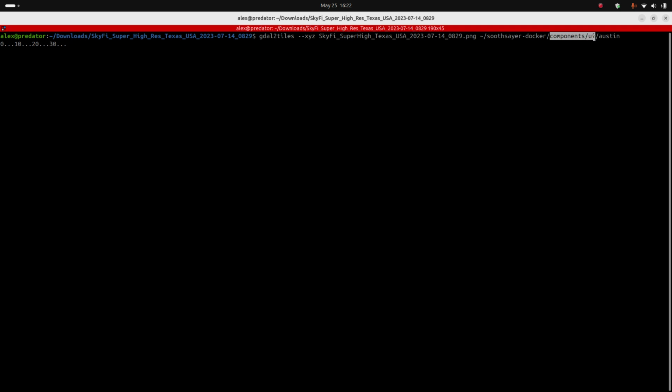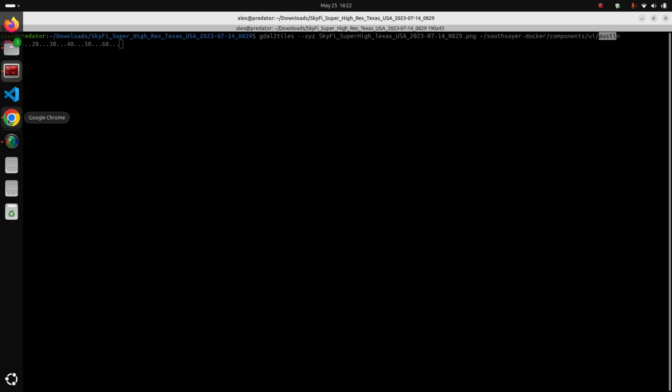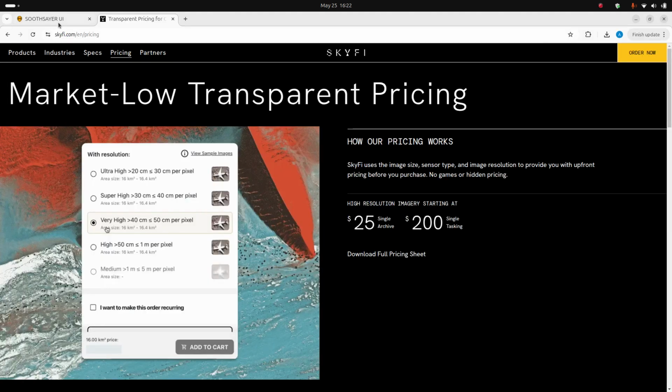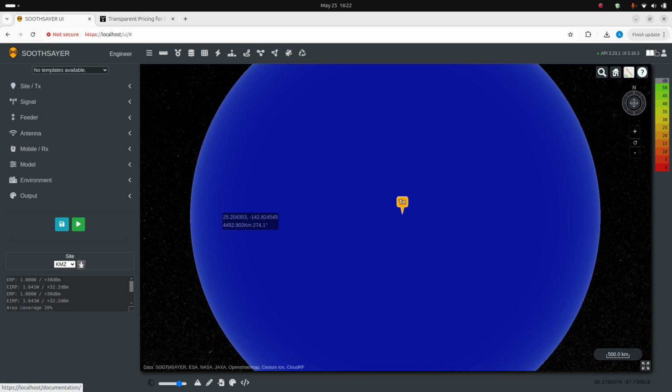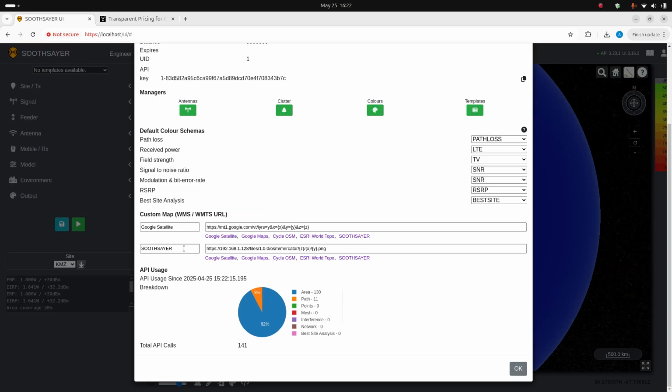So the UI folder is all available on the web server. So if you go to components/UI and then drop it into an appropriately named folder there, you can get to it on the UI. And to add that layer, go to the Soothsayer user interface, go down here,